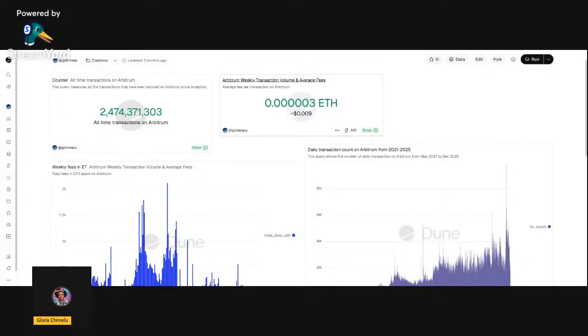So it's cheap. I just did a bit of math so that we can visualize it. You would need to do about 100 transactions to be able to spend up to $1 in fees on Arbitrum. Even if you're sending, receiving, bridging, swapping every day, about two transactions, you won't get to $1 in a month.